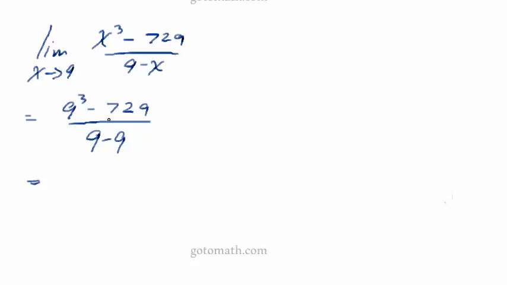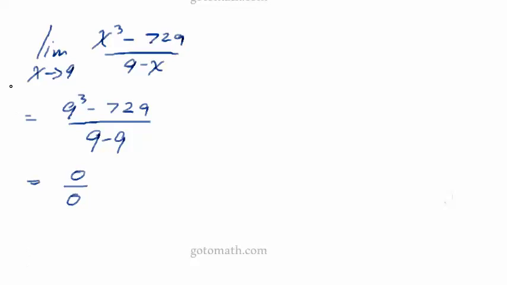9 cubed is actually 729, and 729 minus 729 is going to be 0. Then we get 0 in the denominator, and that's not good. So what we're going to want to do now is